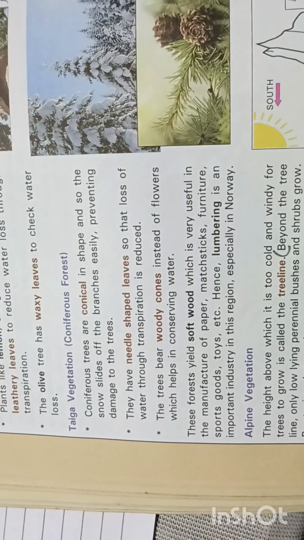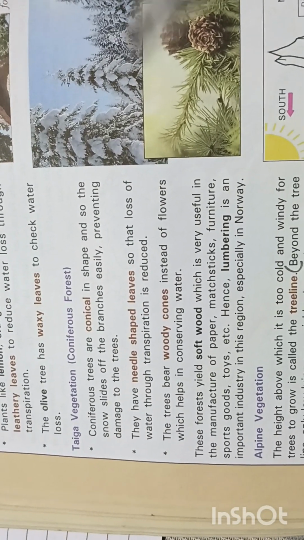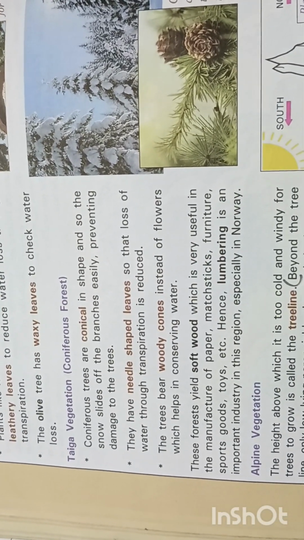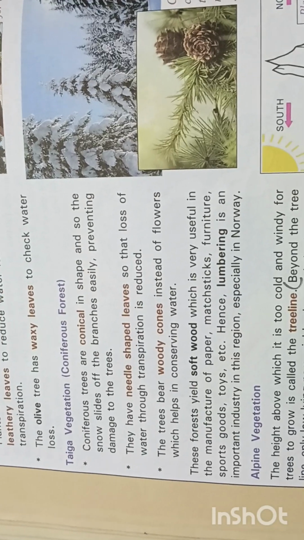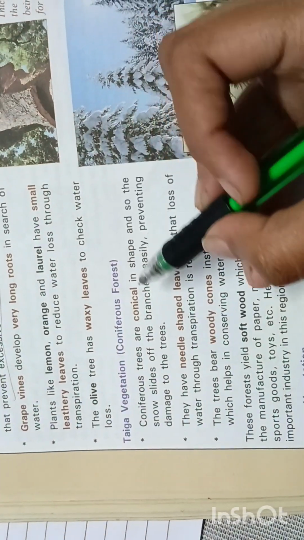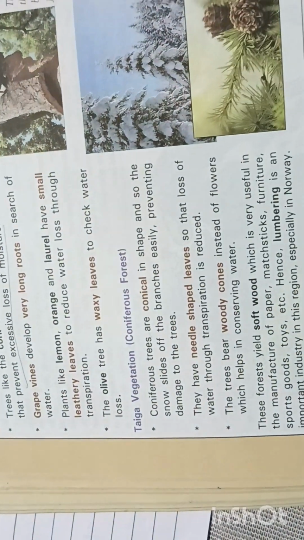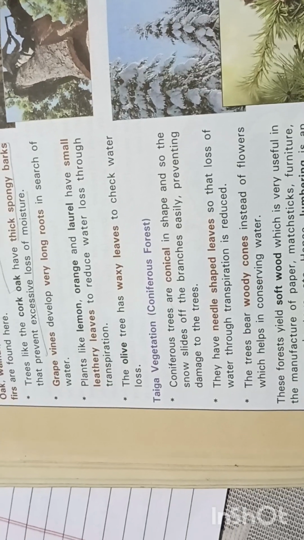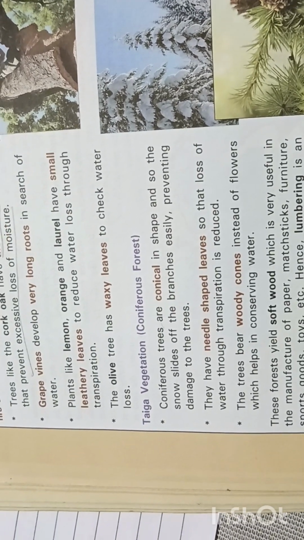Then taiga vegetation, coniferous forest. If it is a coniferous forest, that means the trees will be conical in shape and they will have needle-like branches so that the snow slides off easily and prevents damage to the trees. See, coniferous trees are conical in shape. They are in cone shape. So why are they conical in shape? So that the snow slides off. Taiga vegetation means snow. That is why the snow slides down through the branches easily, and there will be no damage to